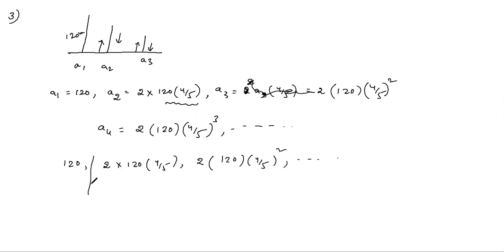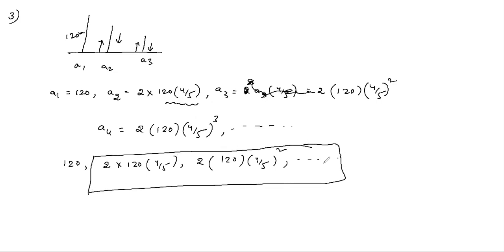Except the first term, the remaining terms are in an infinite GP, because the first one is only one time. It falls from above to down only one time. So the first term is only 120. Remaining all terms you have to take 2 times, because one goes up and one comes down. So in that case, you have to count the height 2 times for the remaining attempts, second attempt and third attempt. Next term.